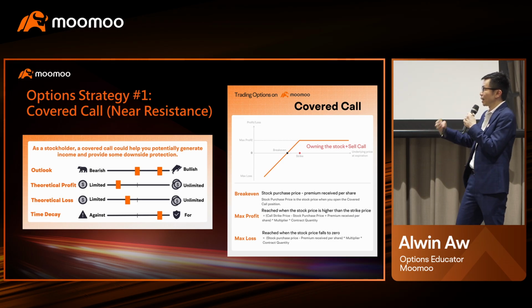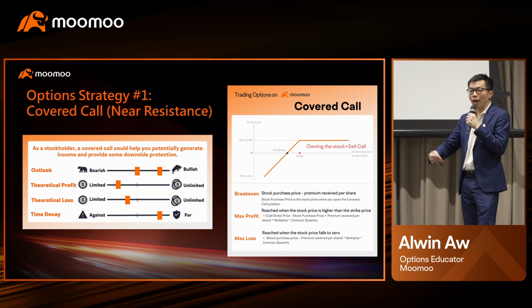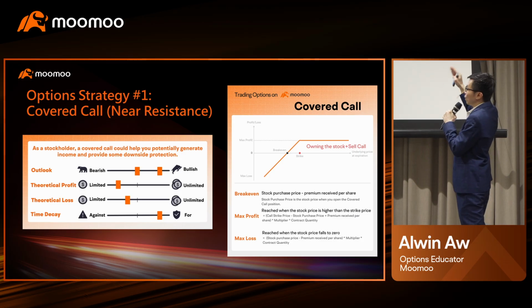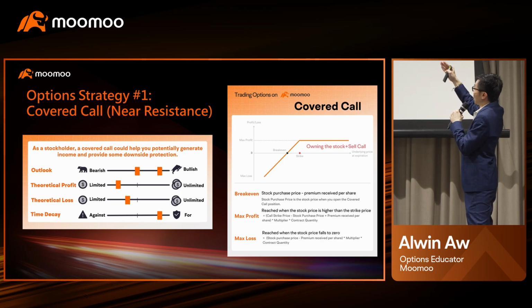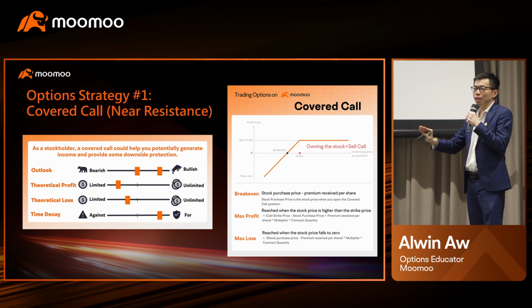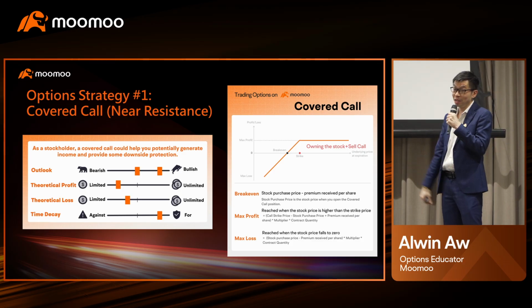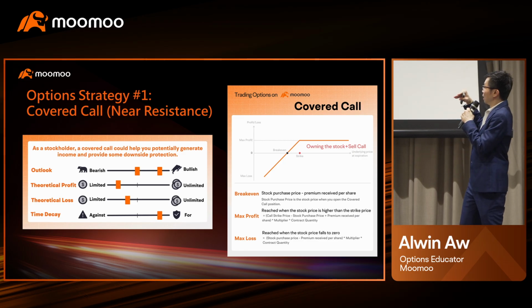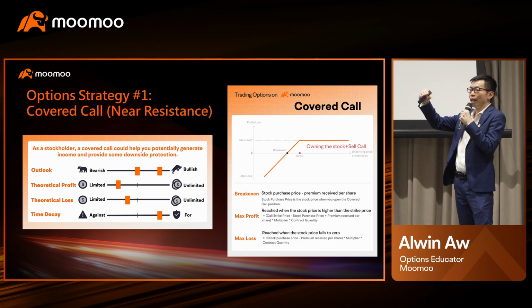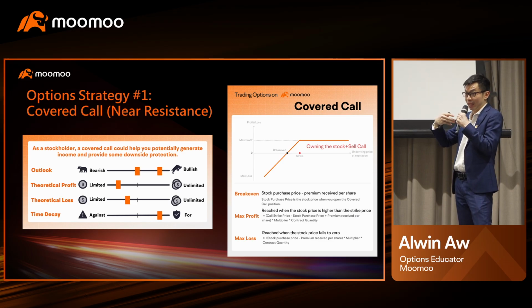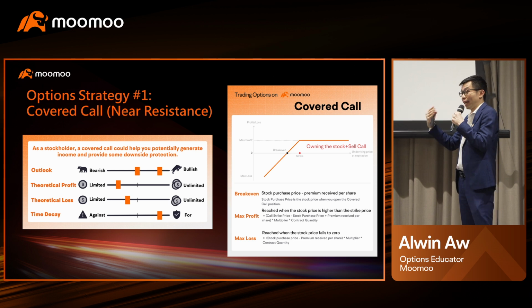Then the last one is, is there time decay? There is time decay because you are what? You are the option seller, correct? So this is the summary. And if you want to draw a P&L curve, owning the stock plus selling a call, you can see a break-even point. Do you need to calculate it manually? Don't need. You can use the option strategy builder. So this is just the logic for you to know. A covered call is for you to wait for the price to go up, and if it doesn't go up to your target price, you can collect the premium as income. So options give you the second benefit that I mentioned just now.